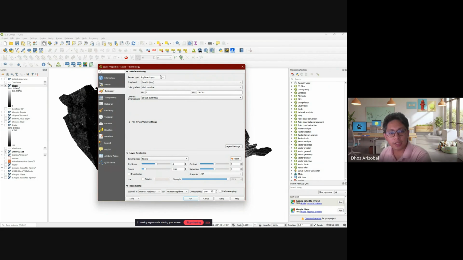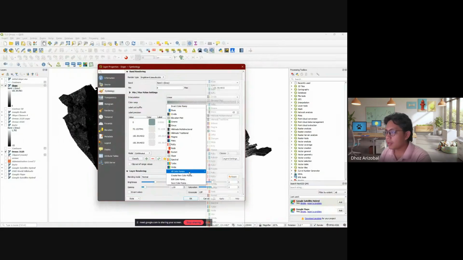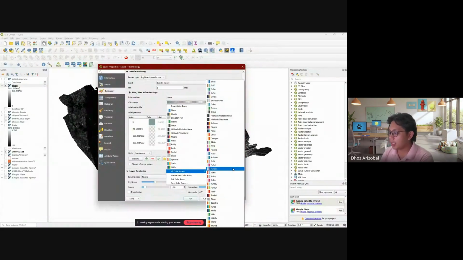Instead of single band gray, you select single band pseudocolor. On your color ramp, I select yellow, orange, red, or orange, red. RD is red, OR is orange, BU is blue, and so on. Do you understand that?